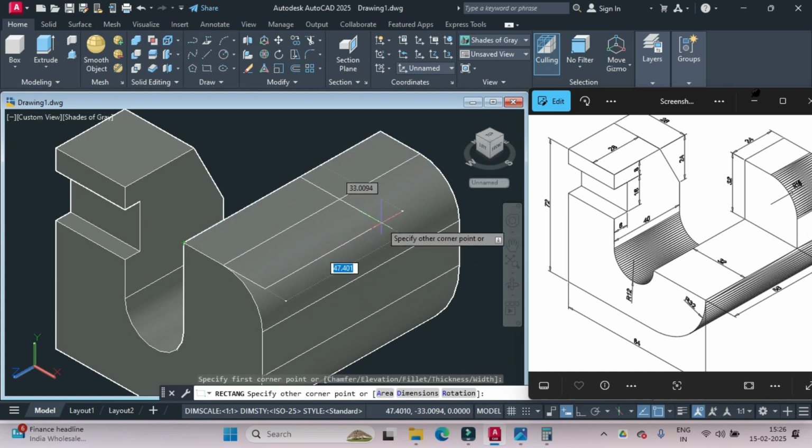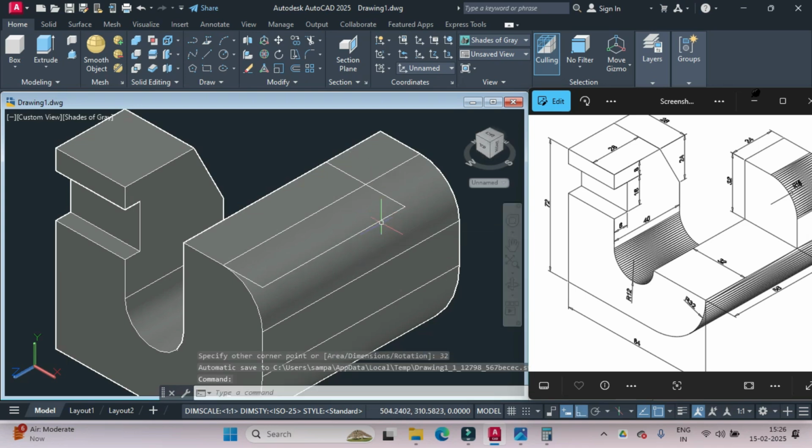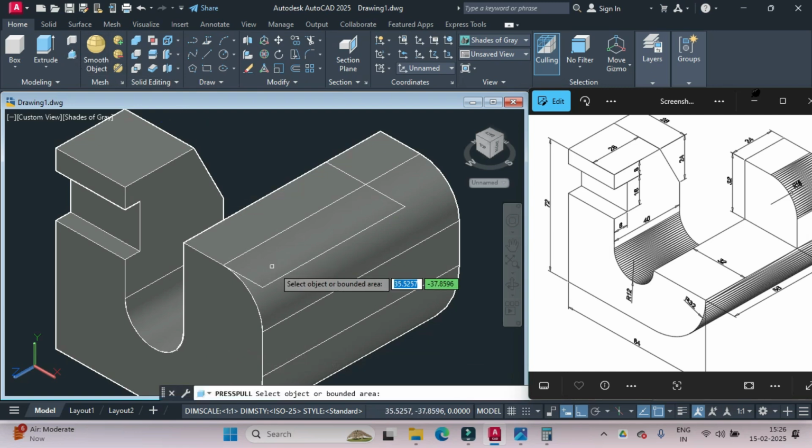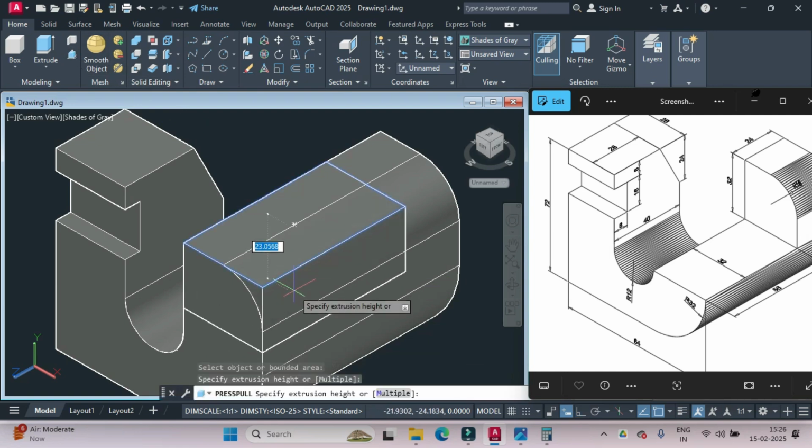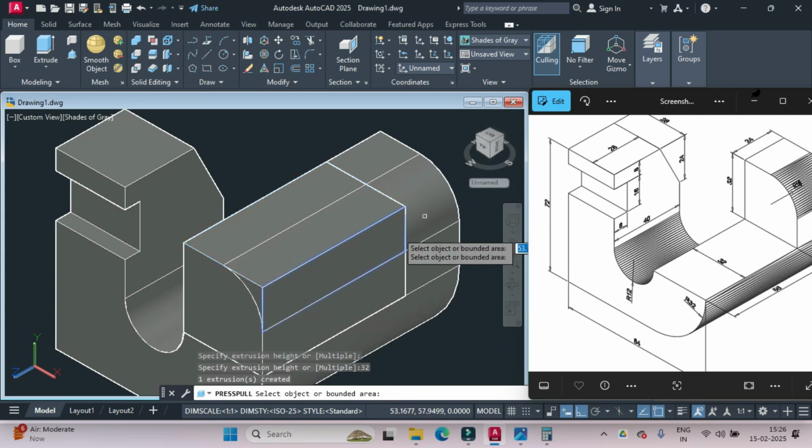and we have to give this as 58. Press tab, and this distance is 32. Press enter. Now we would like to pull this down to a thickness of 32 units. So pull, select this object and pull it downward to a thickness of 32 units, and then subtract it from the main element. So type the command subtract,